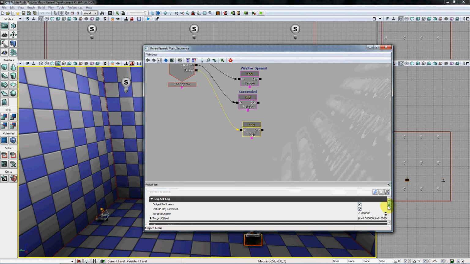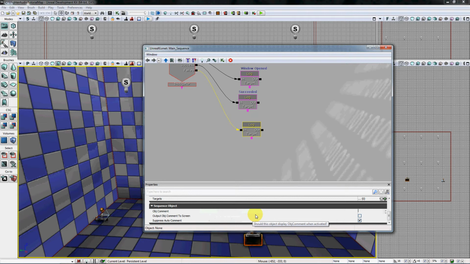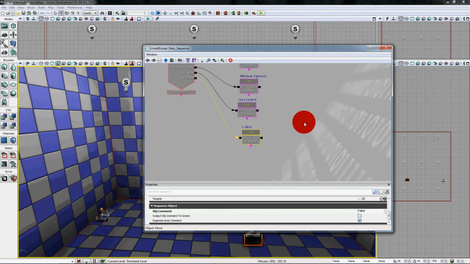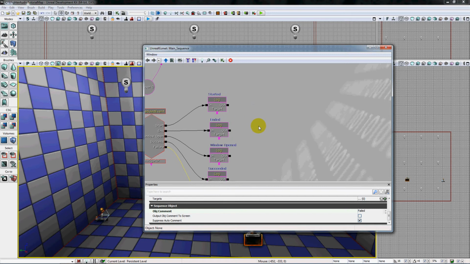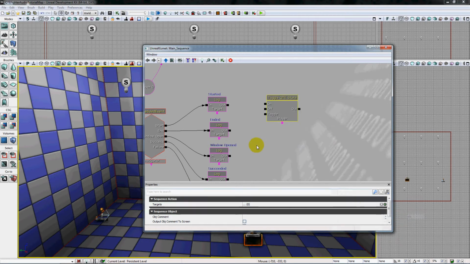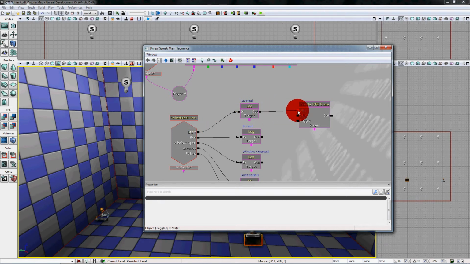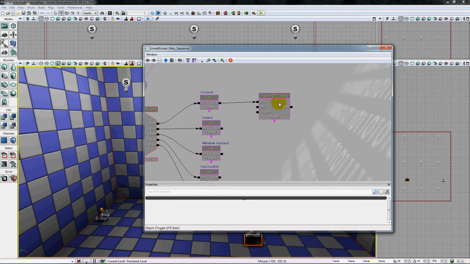But okay, so when I fail, I want to output failed. Now, in order to make the QuickTime event actually happen, I do have to use that toggle node as well. So I'm going to right-click, go to New Action, Scheduling, and Toggle QuickTime Event State. And I'll just go ahead and go here from my started log, and I'm going to turn on the QTE